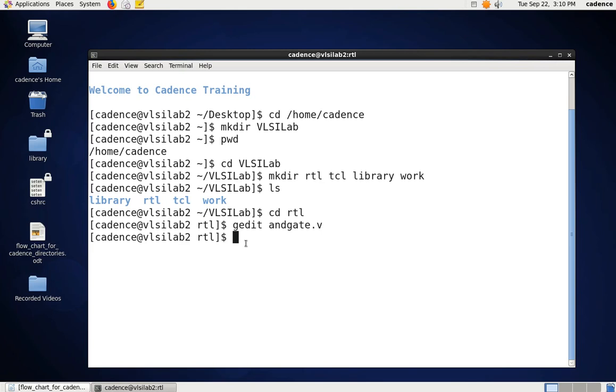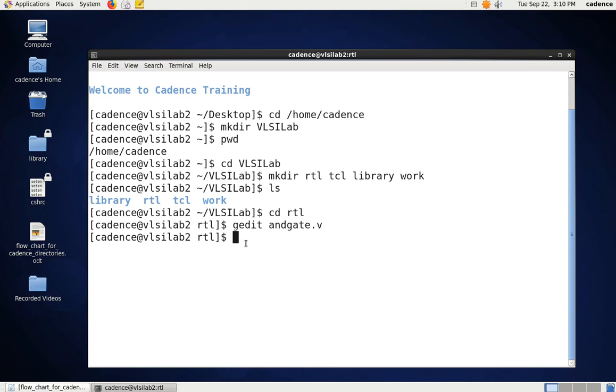But in order to do the simulation, to check it's working, because an AND gate has different input combinations, right? For two inputs we will have 1 1, 1 0, 0 1 and 0 0. So you have four combinations. I have to check for all the combinations, right? Whether this is working properly or not, because it is the code I have written.